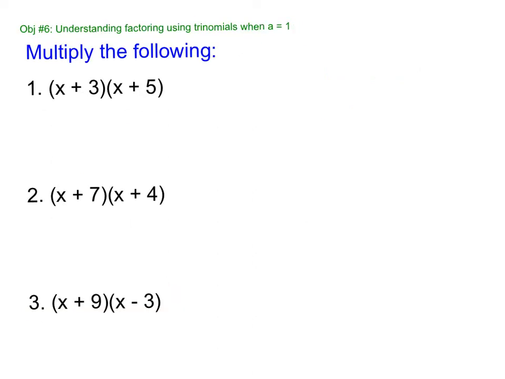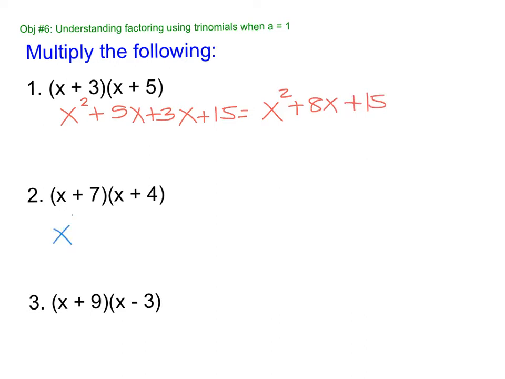All right. So pause the video, and I want you to multiply these out, distribute. We've done a bunch of these. So when you distribute, you should get x squared plus 5x plus 3x plus 15, which equals x squared plus 8x plus 15. The next one, x squared plus 4x plus 7x plus 28, which equals x squared plus 11x